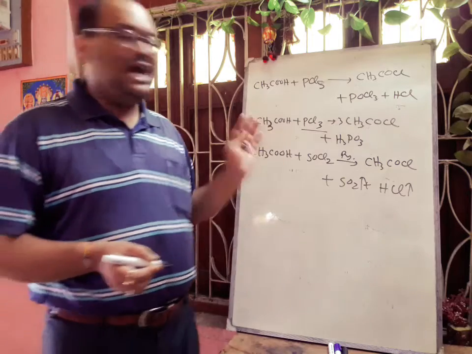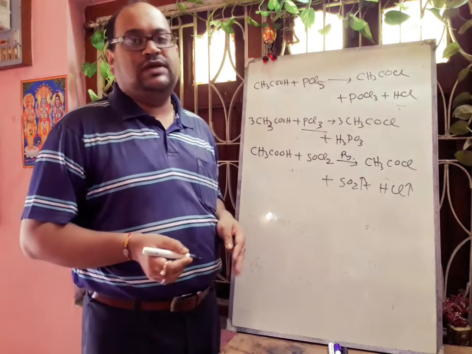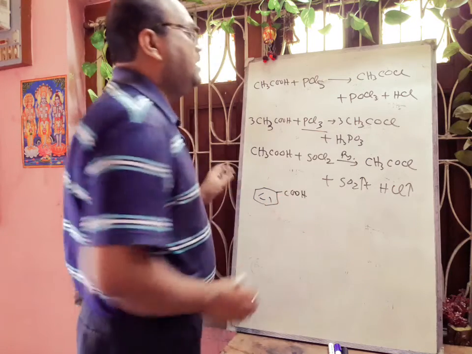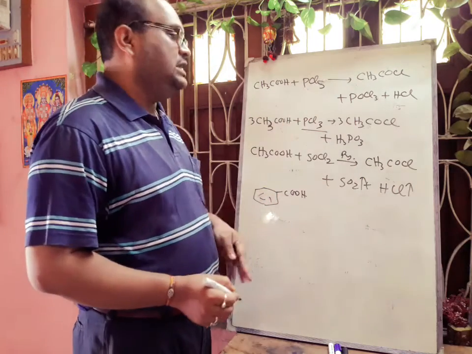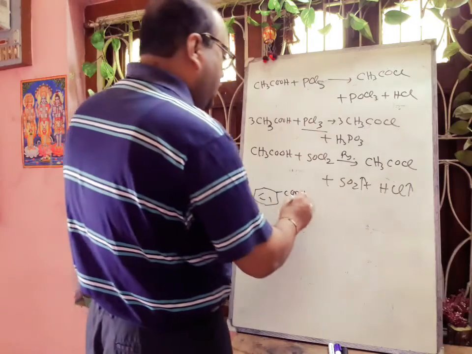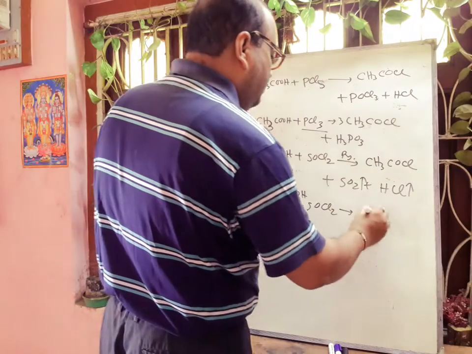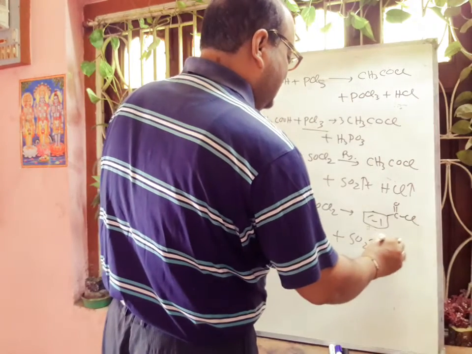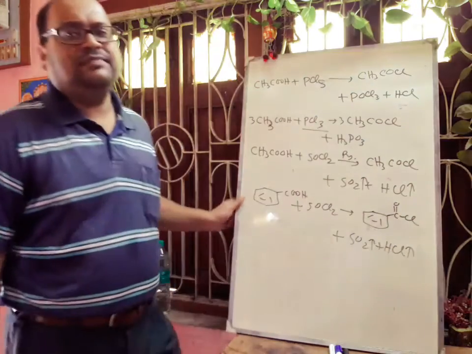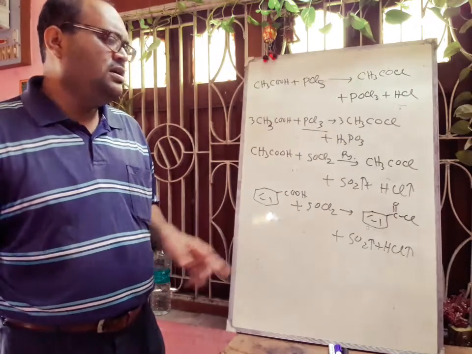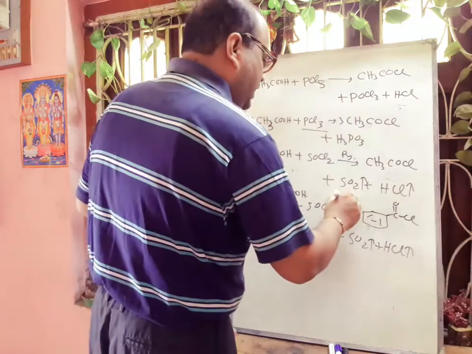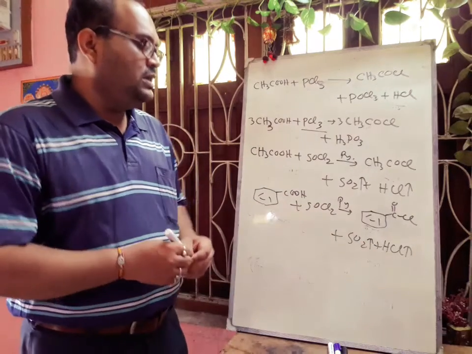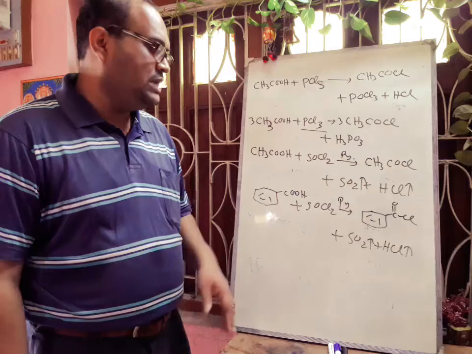And if we think about the aromatic acid, the same reagents will work. Suppose we take benzoic acid, if we give PCl5, the same thing will happen, and we will get benzoyl chloride. If we use PCl3, we will get benzoyl chloride. And if you use the thionyl chloride reaction, we will get benzoyl chloride plus SO2 plus HCl. Actually, thionyl chloride is the best method for preparation of acid chlorides. And here pyridine will remove this HCl, it will form a salt. Generally pyridine is used as a base in this reaction.